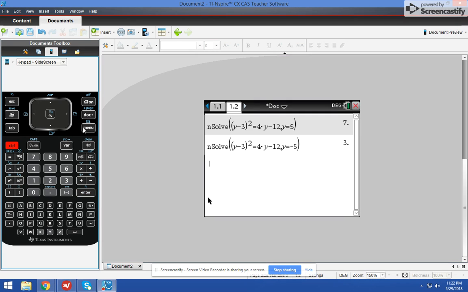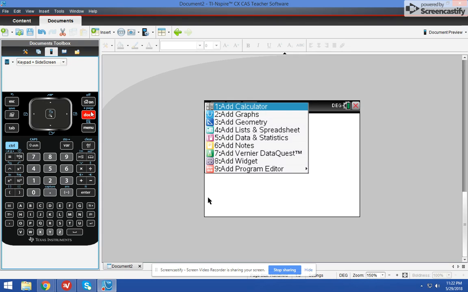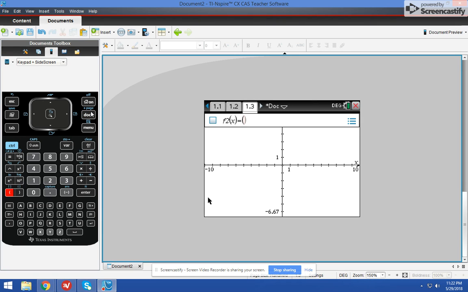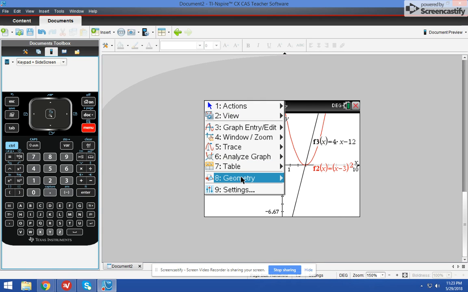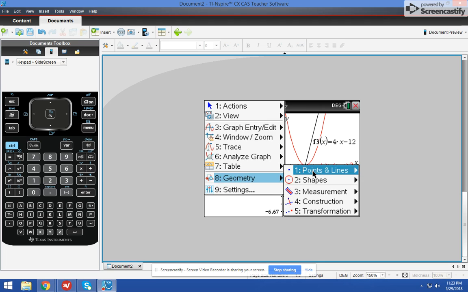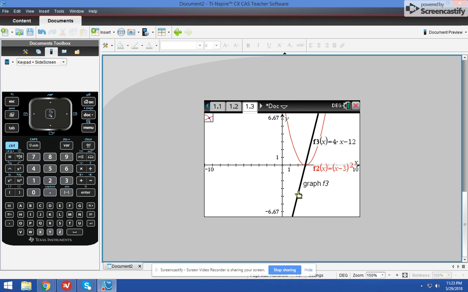Another way that you can do this is you could set it up graphically. In this case, you need to change it to x. You can ask the calculator to graph x minus 3 squared, the tab button so you can open up another one, and then you can ask the calculator to graph 4x minus 12, and then you could find their intersection points. Remember, that's geometry, points and lines, intersection points, and you just touch both graphs,